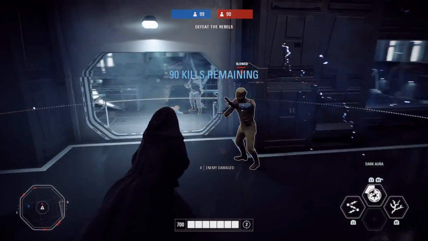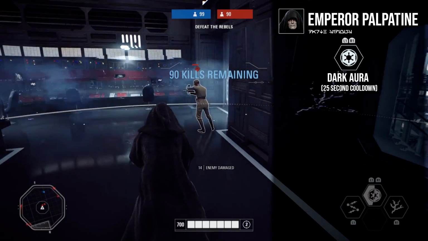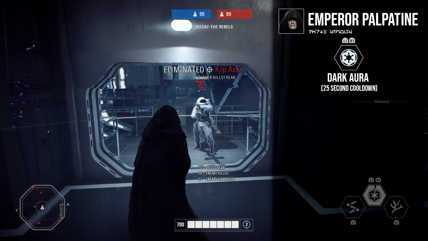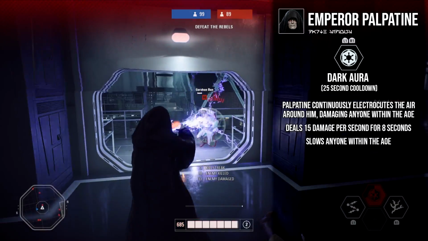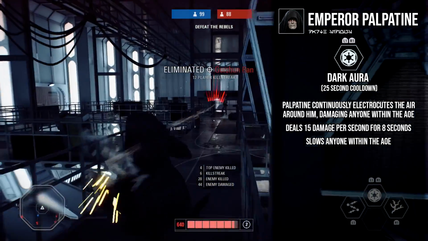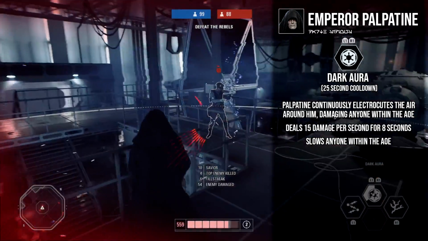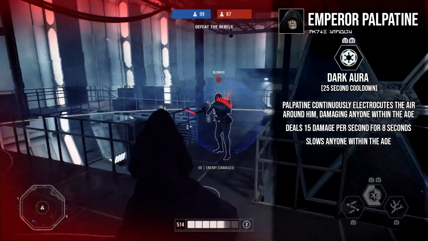Moving on to his L1R1 ability, which is his Dark Aura, and this one actually has a slightly longer cooldown, coming in at 25 seconds. This is a continuous area of effect ability, meaning while it's active it will keep on damaging enemies within the area of effect as well as slowing anyone down, although it only deals 15 damage per second within the 8-second